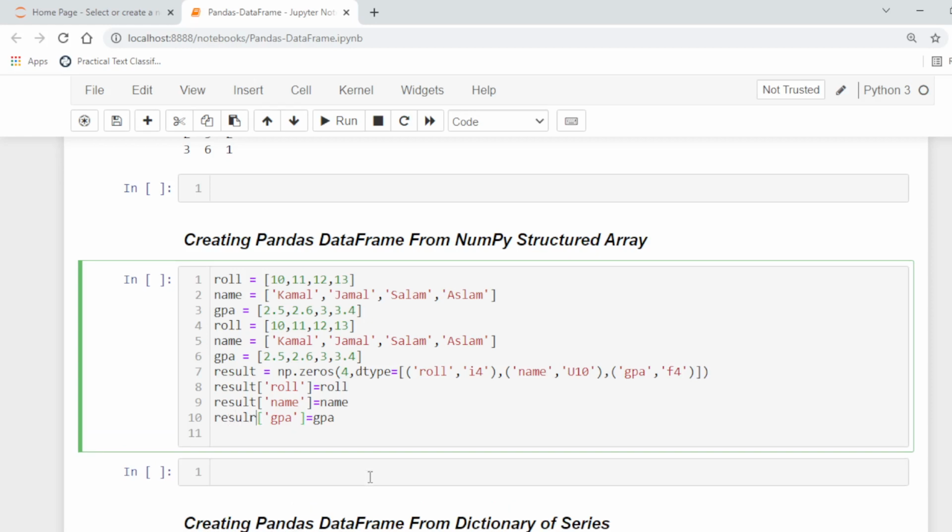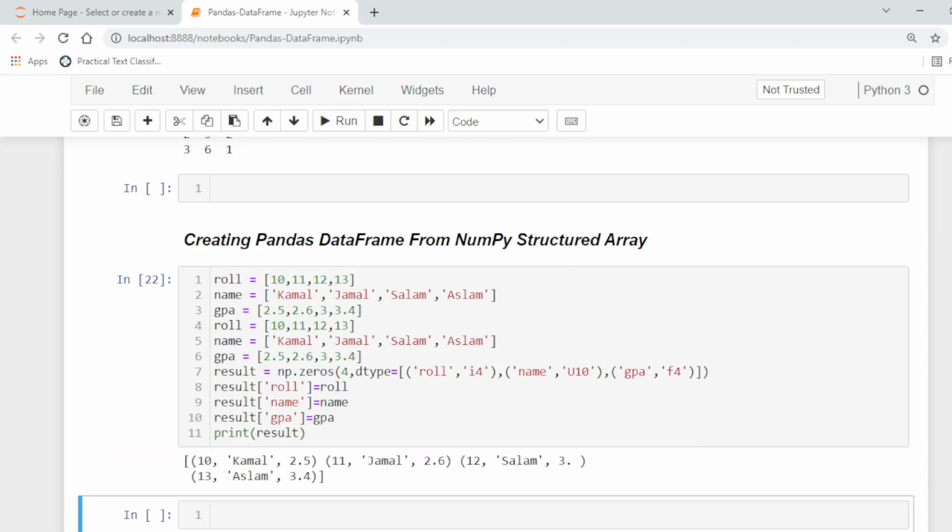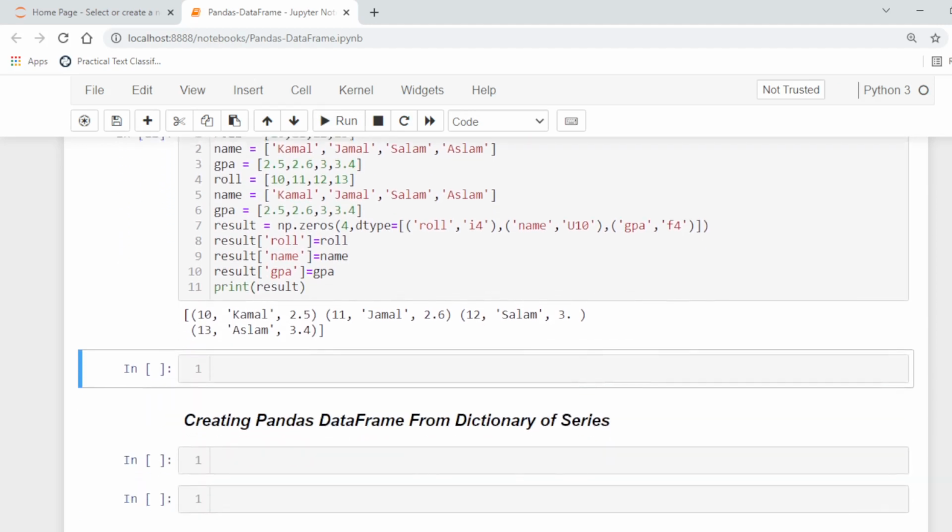This is the result. Now to print and check the output, result is a structured array. So each tuple represents, for example, this is the roll number of this person with GPA 2.5 and so on.